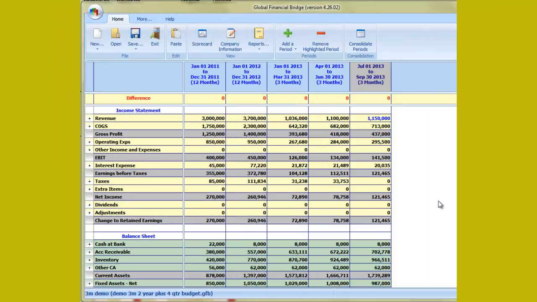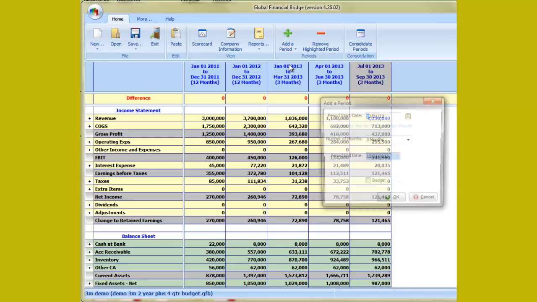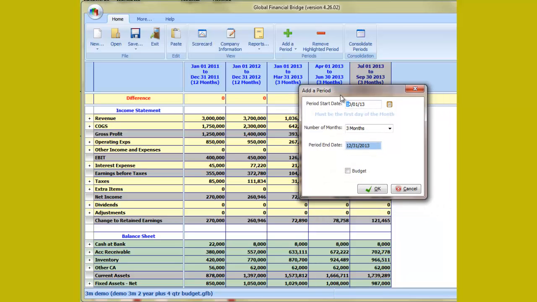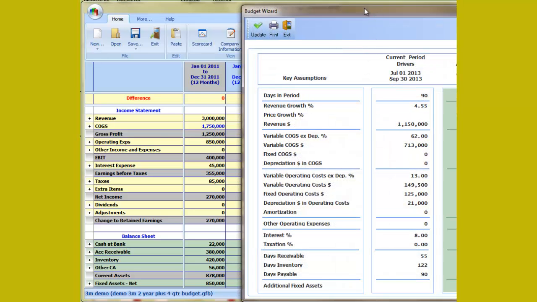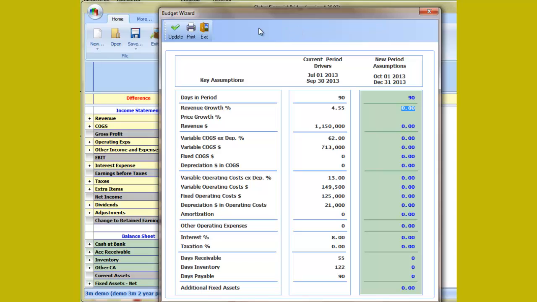Our story doesn't end there. What we now have is the ability to take our learning from our one-page scorecard and project those learnings into the future. Simply by, let's say, for example, if we wish to look at the next 90-day business plan, we click on our budget, press wizard, and this allows us to quickly establish what our future holds based on our different planning. And let's say, for example, in the next 90 days, we believe our business is going to be